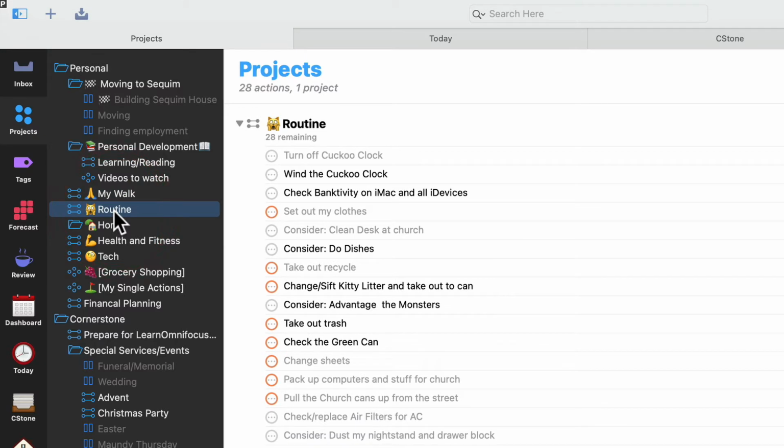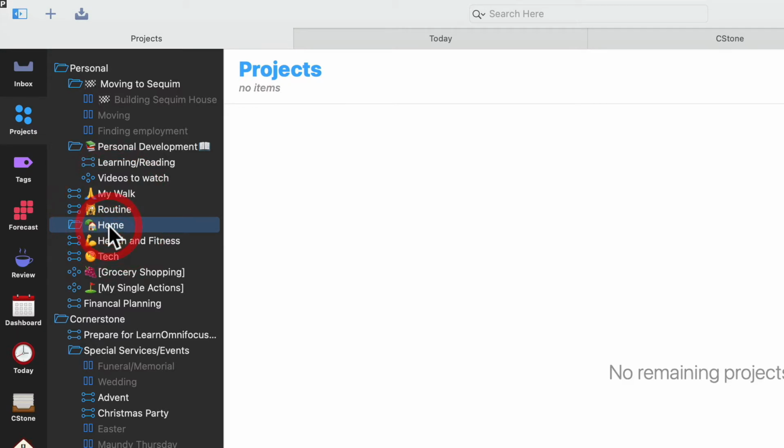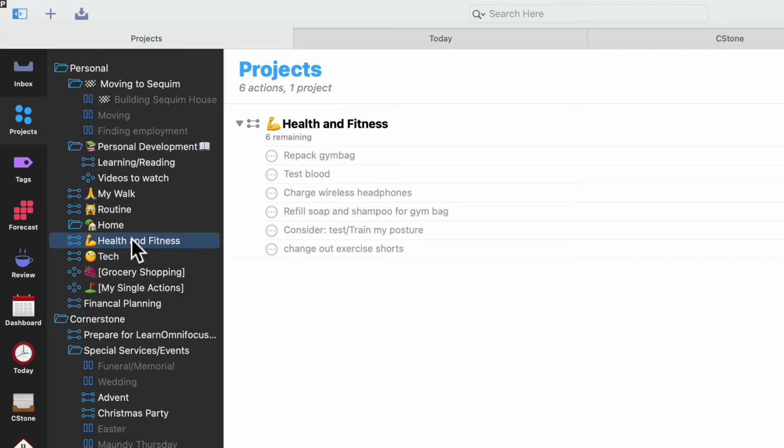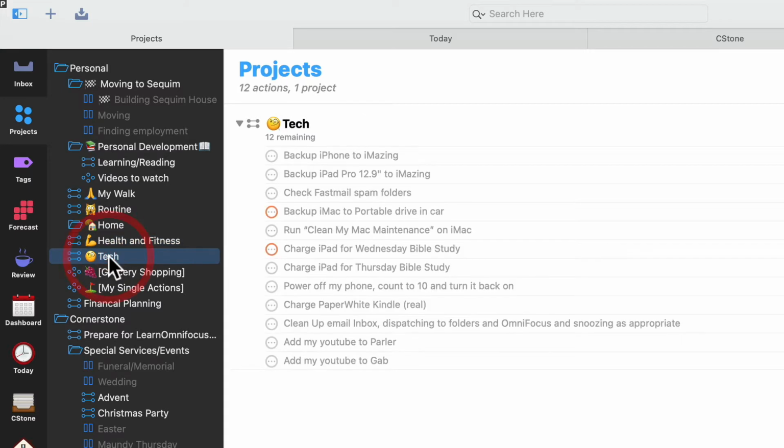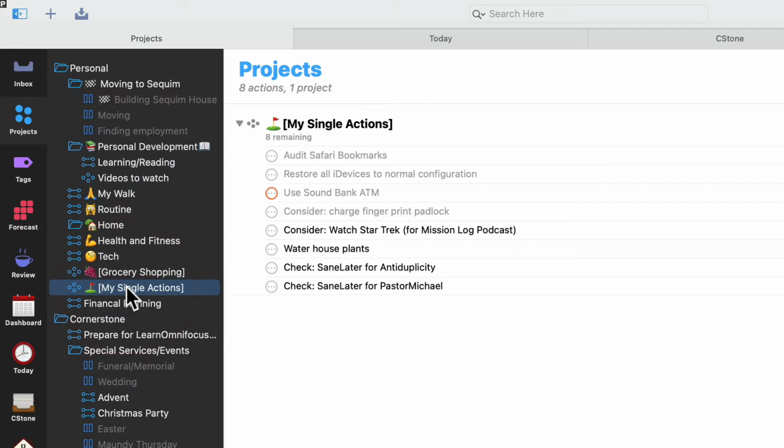Routine are the things that I do regularly. Home is another subfolder that I was thinking maybe move things into there. I haven't done anything in there yet. Health and fitness is working at the gym, which is shut down during COVID. All of my tech routines, grocery shopping, and single actions.